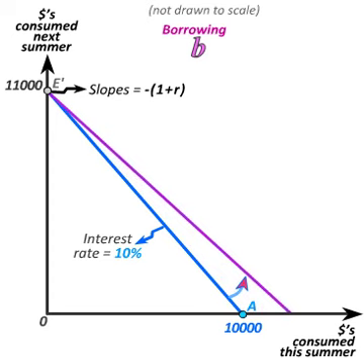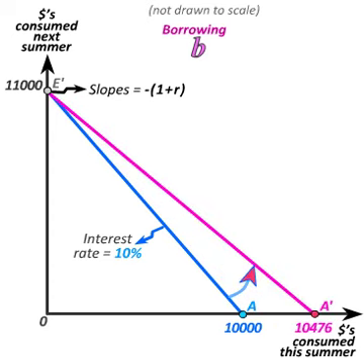If the interest rate the bank charges me for borrowing now falls from 10% to 5%, the slope of our intertemporal budget constraint again falls from minus 1 plus 0.1 to minus 1 plus 0.05. Thus we get a shallower slope and an outward rotation of the intertemporal budget constraint through bundle E prime, our endowment bundle.